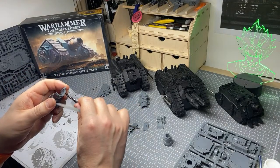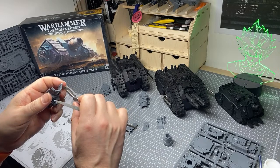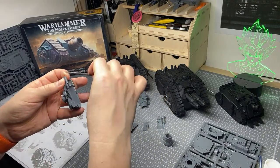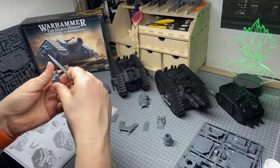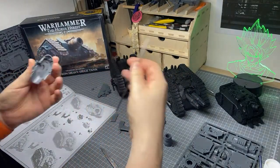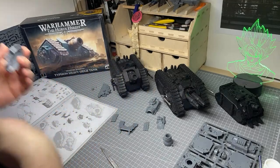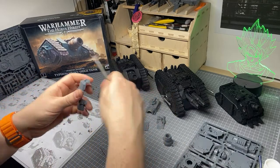I need to review her though. I need to review the hag. This is a thing. I've picked up a few fantastic beasts, creatures, monstrous creatures and things. I've picked up a few of them over the last couple of years, and I've enjoyed building them. And then I've just put them to one side, and I haven't really reviewed them. Like Nagash, I haven't reviewed Nagash or the hag or